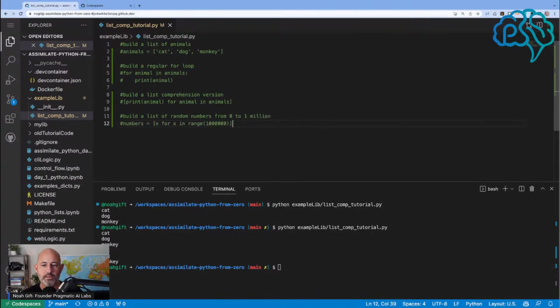Right? And if we do that, we have these random numbers here. Now, if we wanted to do the same thing with a regular for loop, for number in numbers, print number, you can see that you would loop through and get a certain amount of time that it would take to run this. And so, I guess one of the ways that we could do this is to